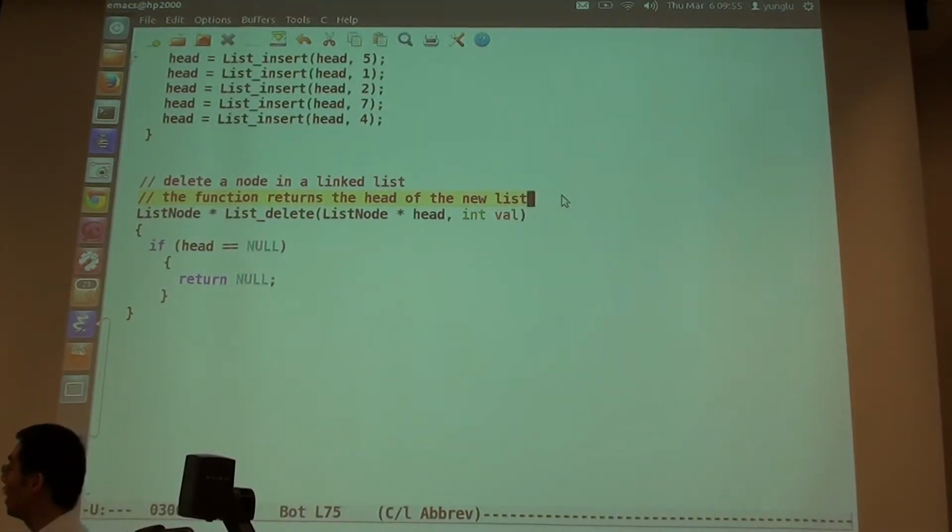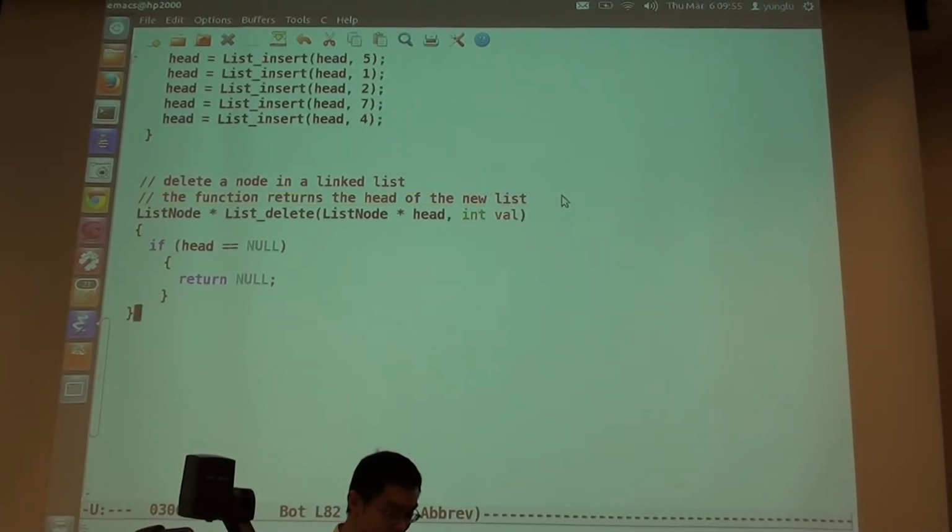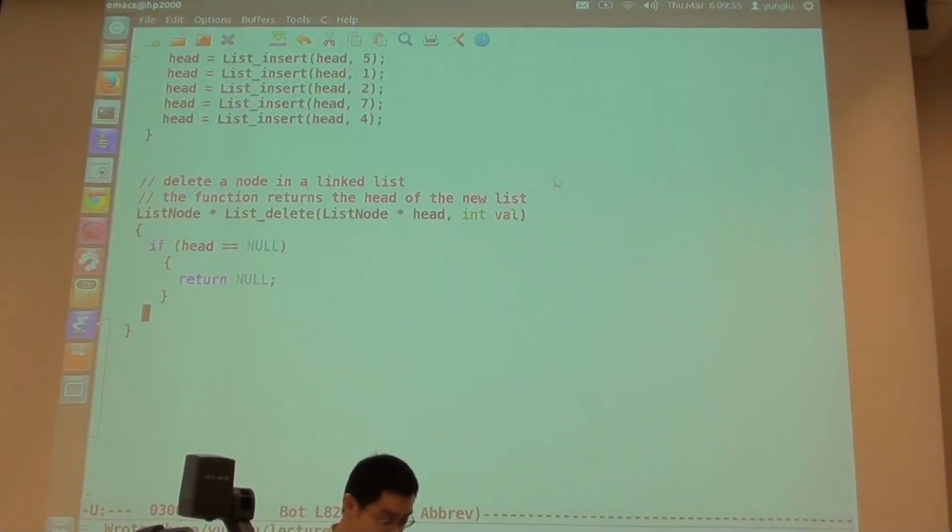As I said, for dynamic structures, you almost always see the first line of the function is checking whether the pointer is null or not. You see that again and again. Because if there's nothing, you cannot do anything, right? Now the second is